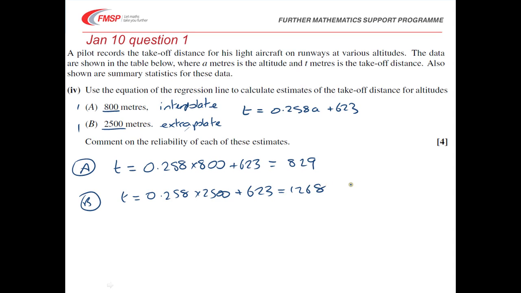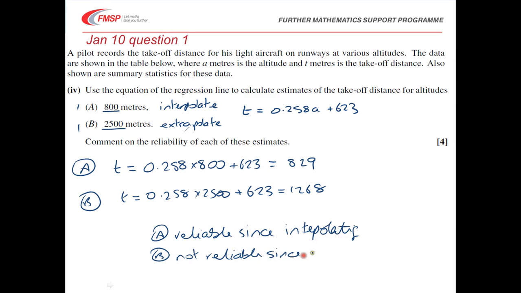So again, the first one, A, is reliable since interpolating, and B is not reliable